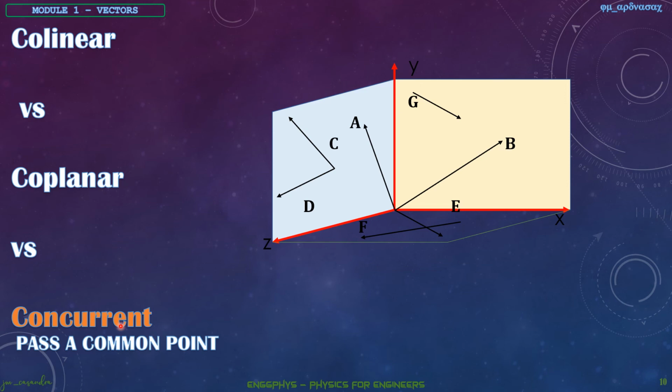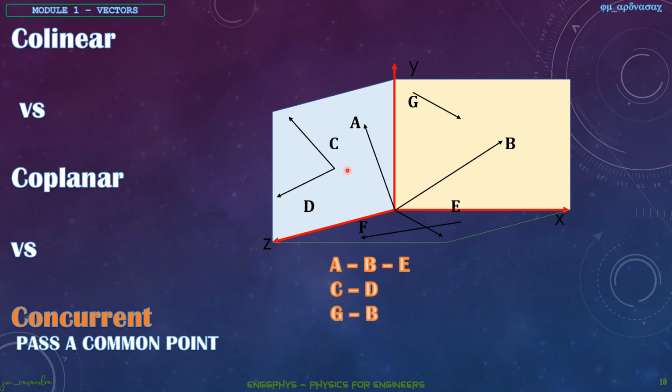So basically, we'll have vectors A, B, and E, which are passing at a common point, which is the point of origin. Okay, another noticeable set of vectors that are concurrent would be your vector C and D. So they are concurrent at this point. Okay. Next, do we still have any other concurrent vectors in the diagram? So there's still a remaining set of vectors.